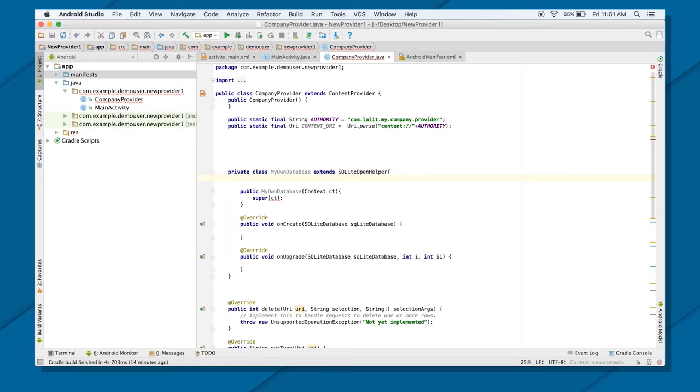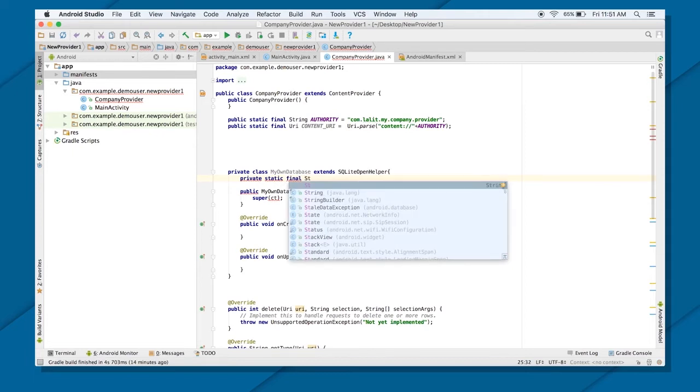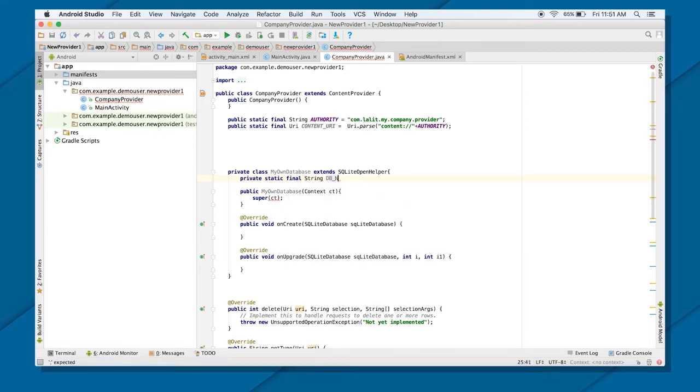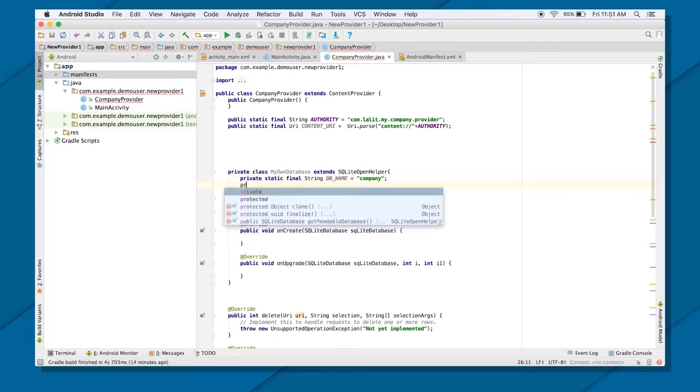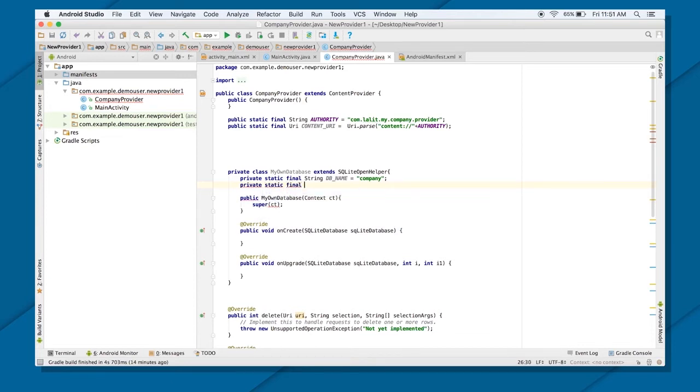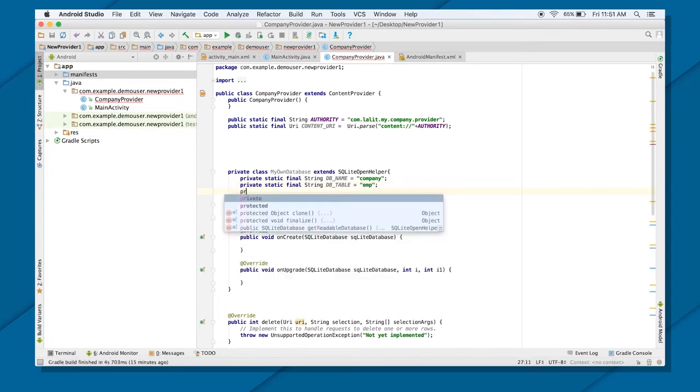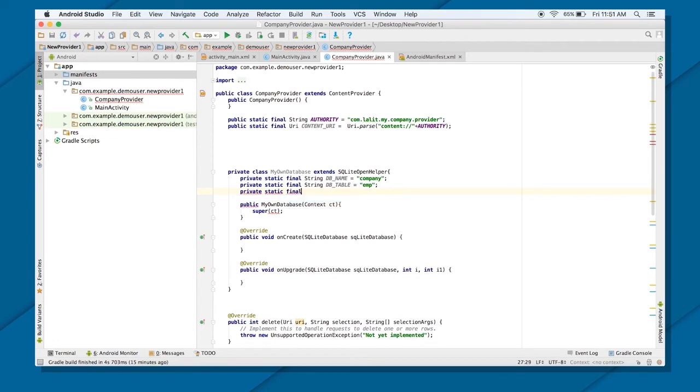So private static final String DB_NAME, let's say company, and private static final String DB_TABLE, let's say emp, and private static final int DB_VERSION, just call it 1.